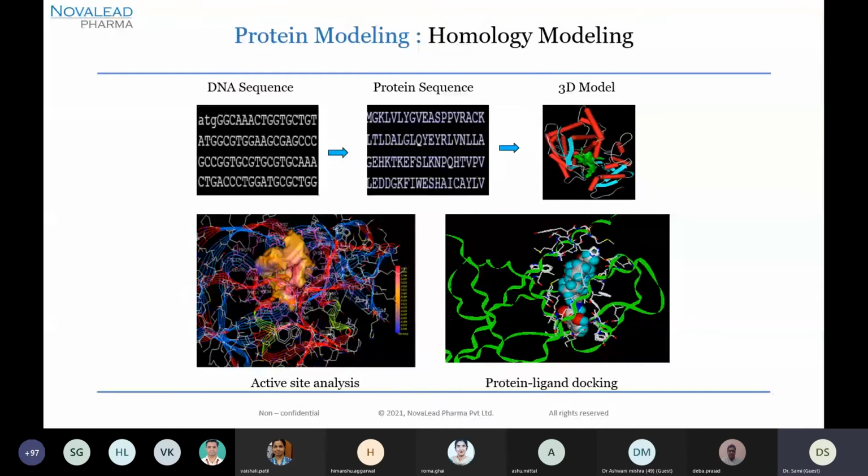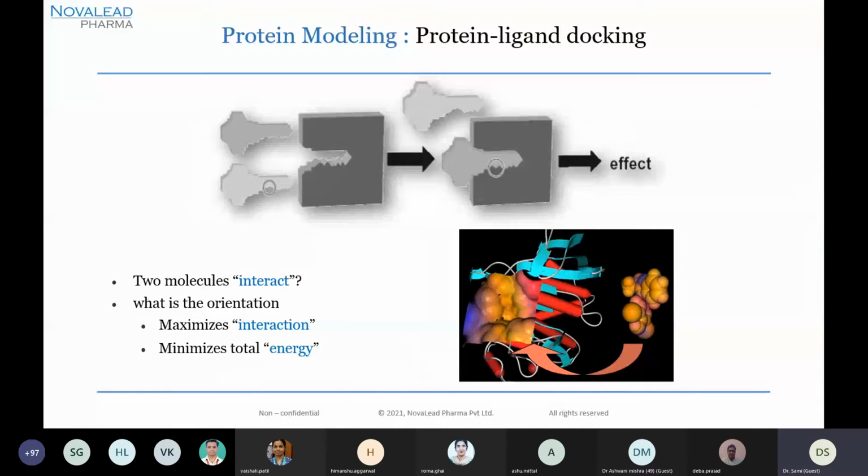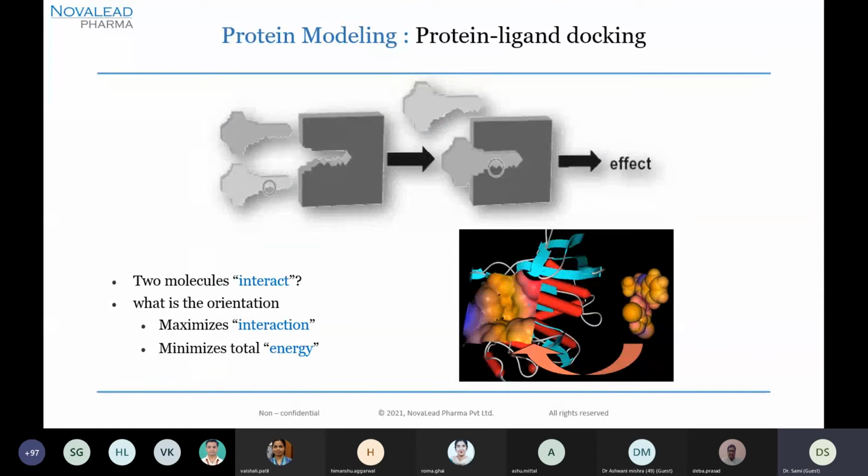I won't get into this slide in detail. You know all of this. Some interesting snapshots of how the ligand binds inside the active site are shown with lots of colors. Those colors are actually different properties, just to give you an idea. These are all taken from our software for molecular design. We have a nice software called VLife Molecular Design Suite, and these are just snapshots taken from there. As all of us know, we try to see the best possible protein-ligand interaction, maximizing the interaction between the ligand and the protein, and that will lead to overall minimum energy, which can be captured through the docking score, for example. That is protein-ligand docking.